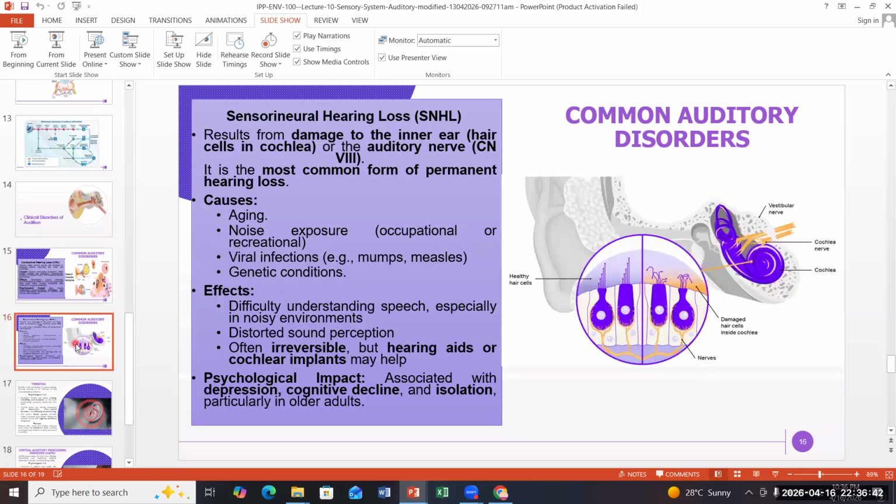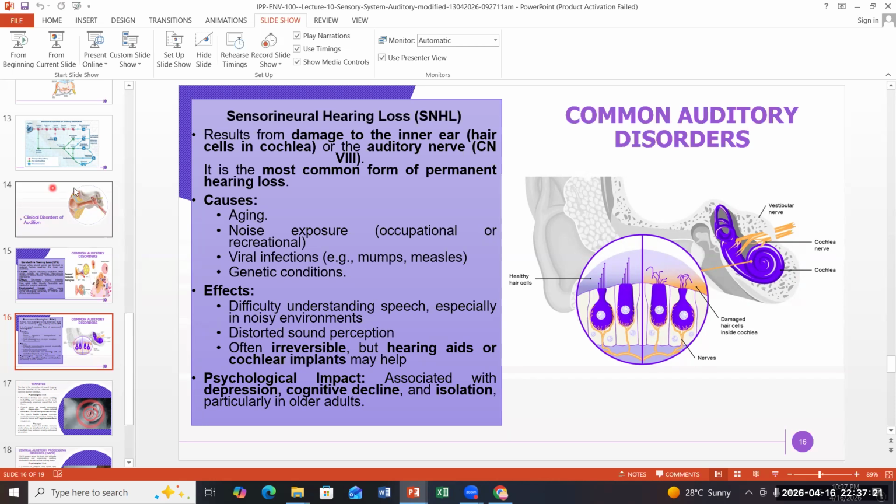Okay. The other type of hearing loss is sensorineural hearing loss. You can understand from the name of this disease, sensory neural hearing loss, that some connection of the neural pathway or auditory pathway is involved. How has sensory neural hearing loss occurred? If there is damage to the inner ear cells confined within the cochlear region.